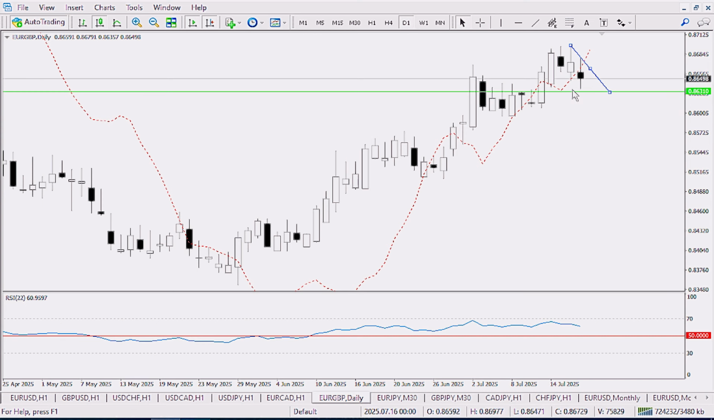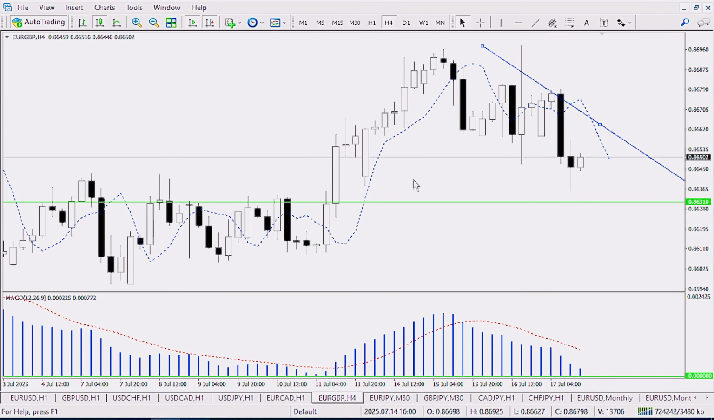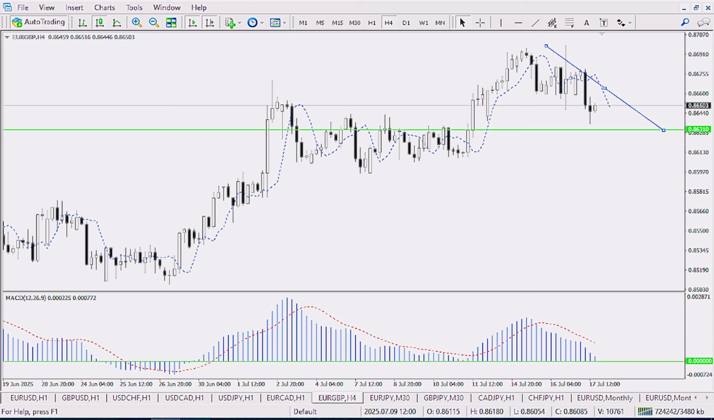Right now you can see the price came down to 0.86357, retraced to the upside, and probably we will get the chance again to take a sell position and market will start going down again, and we'll target it, this 0.8631. So here we are on 4-hour time frame, and if we talk about the divergence, we have